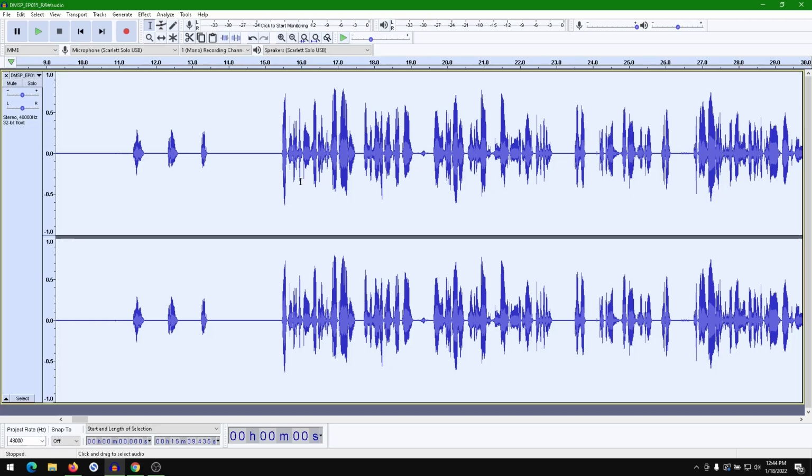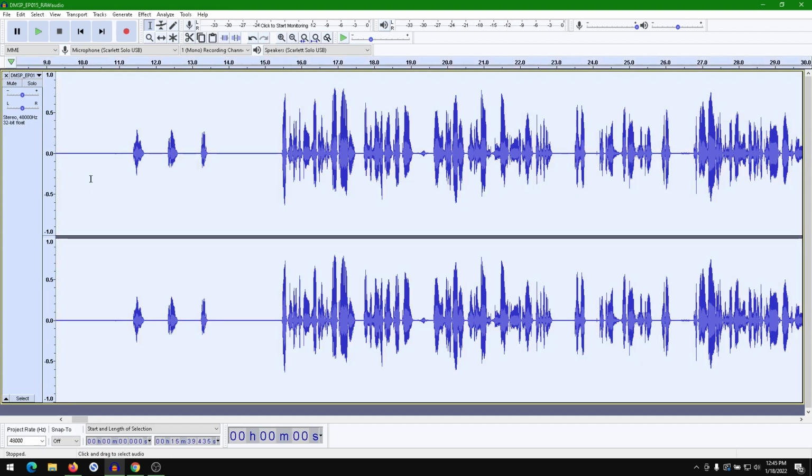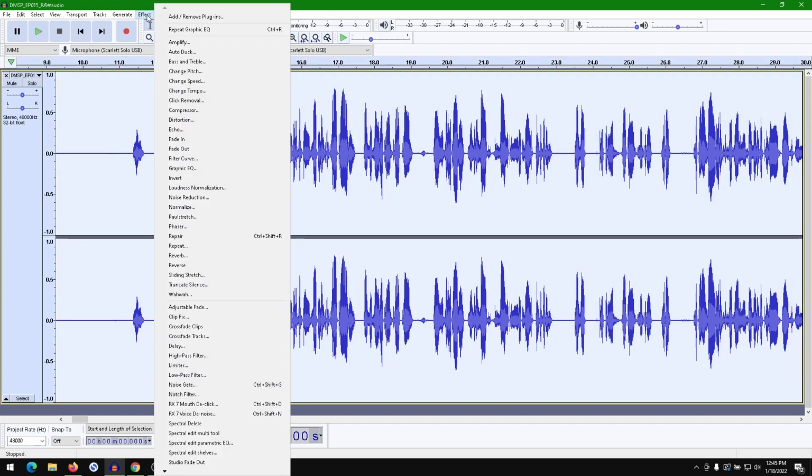All right, so now this is the next step in editing your audio. We imported our audio, we equalized it, and now we are going to apply compression. For compression, that is also an effect. So again, what you want to do is make sure that your audio, your content, is selected. You go over here, click this, and then we're going to go to Effect, and now we're going to